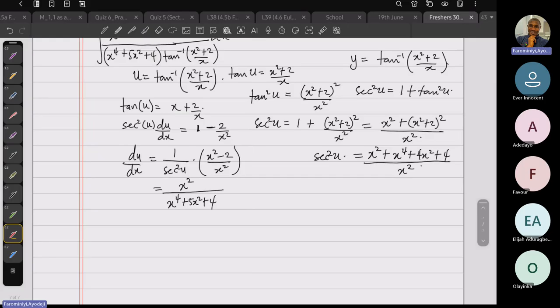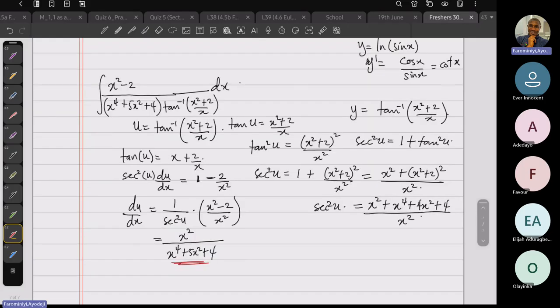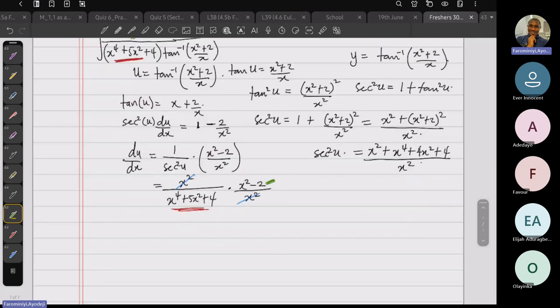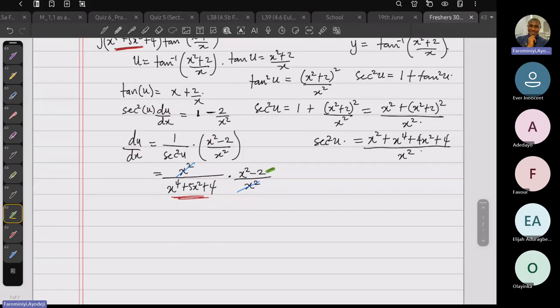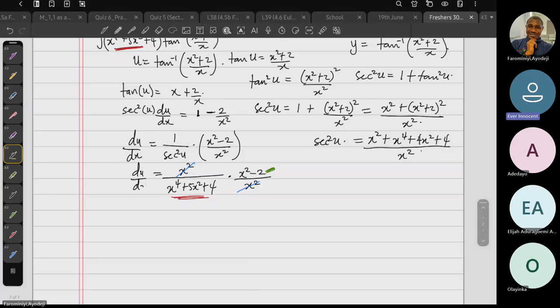Can you see something? Beautiful. This is equals to this, then times x squared minus 2 over x squared. And by the time this cancels this, we are going to see that this here is also equals to this. Interesting. So if this is the u dx, so is it clear now up to that point? Yes, it is. So if this is the u dx,